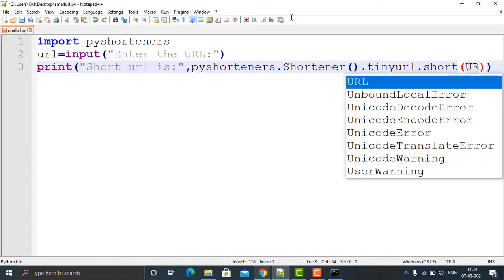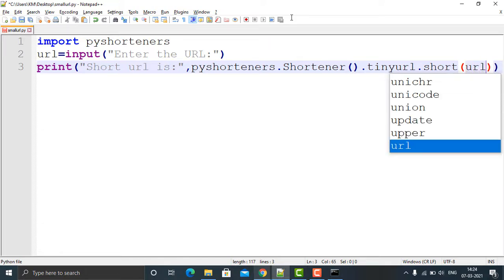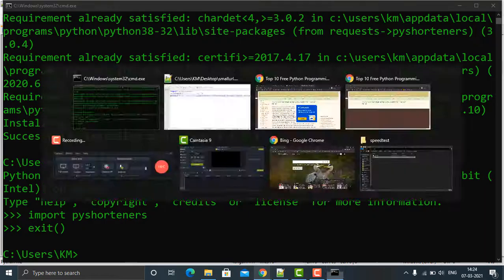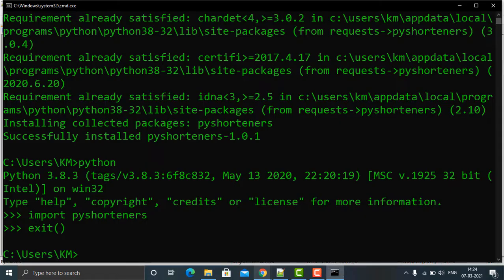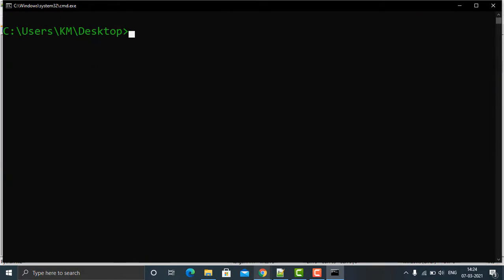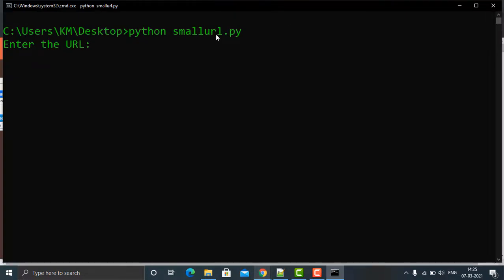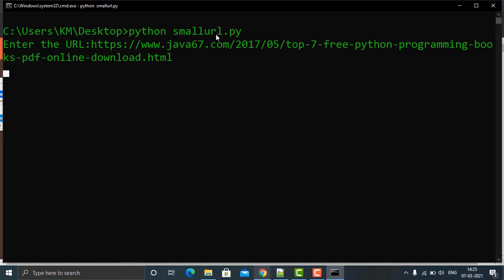You already defined the user defined variable, so you can type the variable URL here. Just save it. I think there is no error coming. Now I'm going to cd desktop and python small URL, enter. After that you copy and paste the big URL into this Python user defined variable.